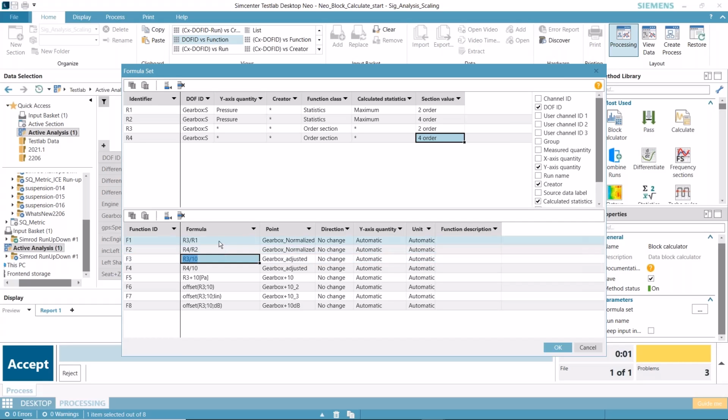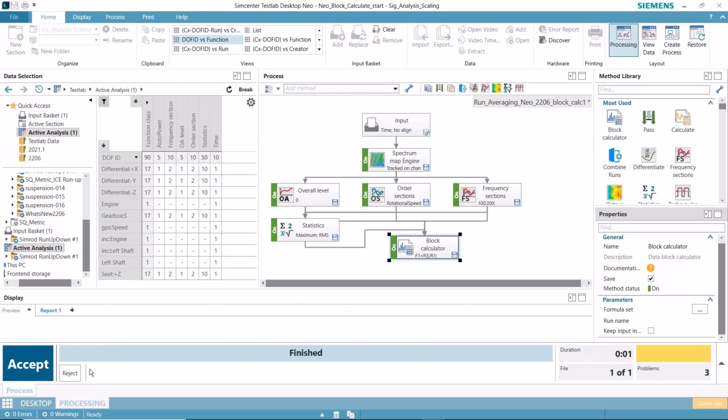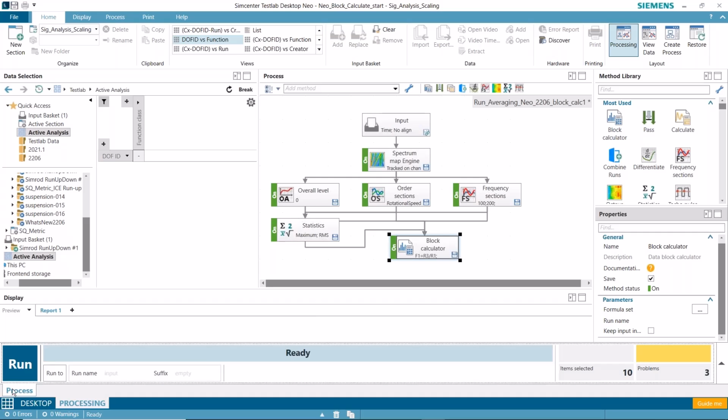Okay, so this is normalizing second order by its maximum value. This is normalizing fourth order by its maximum value. This is dividing second order by 10. This is dividing fourth order by 10. This is adding an offset of 10 Pascal to second order. This is doing the same offset using the offset command. This is the same offset specifying linear units. Here it's implied. And here I'm adding 10 dB as an offset. So if I reject this, and now if I run the whole process,